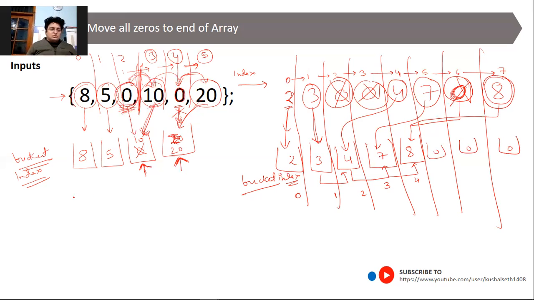So I think now the things would be much clearer. We will debug as well while writing the code, so don't worry if the things are still not clear. First, what we are doing, we are iterating the loop. How many times? One time.